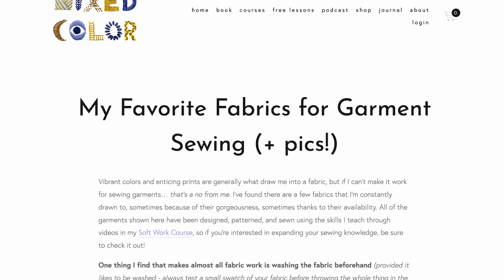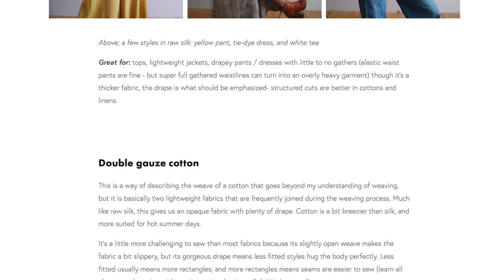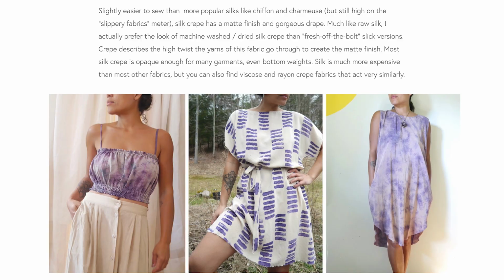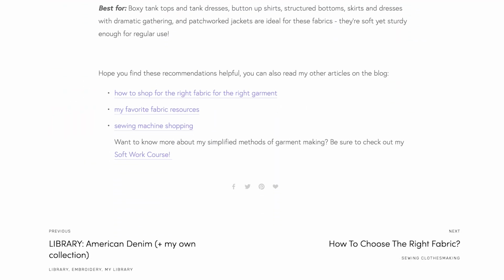I don't think so. If you're interested in knowing what my favorite garments to sew with are, I have a whole blog post about that, but raw silk, double gauze cotton, silk crepe, and quilting cottons, and linen. I don't have that on here, but